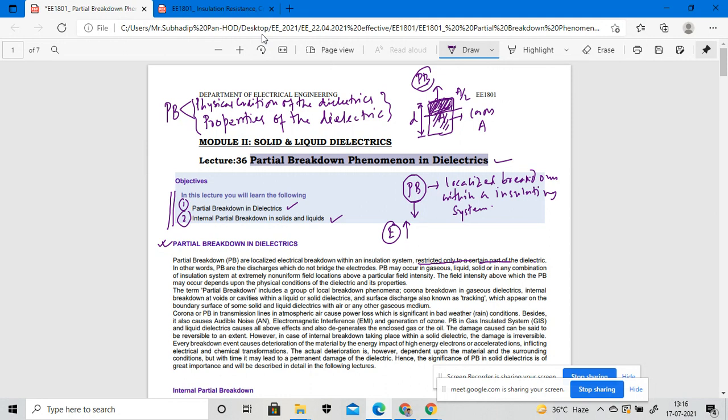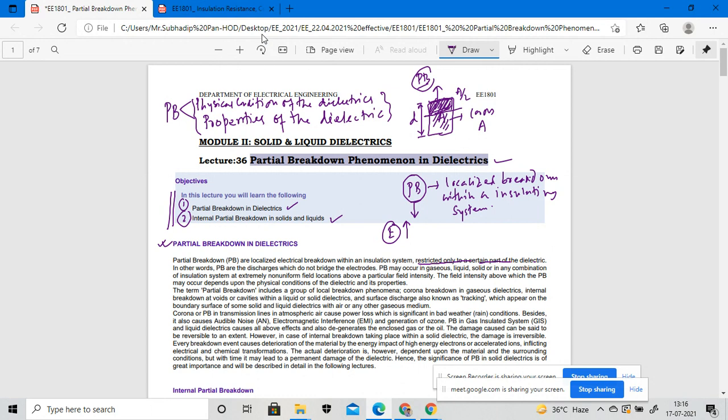The corona, or partial breakdown, in the transmission line in atmospheric air causes power losses, as we already discussed in the previous lecture on dielectric power losses in gaseous dielectrics. So gaseous corona is one kind of partial breakdown that occurs in a transmission line with atmospheric air, causing different power losses, which is significant